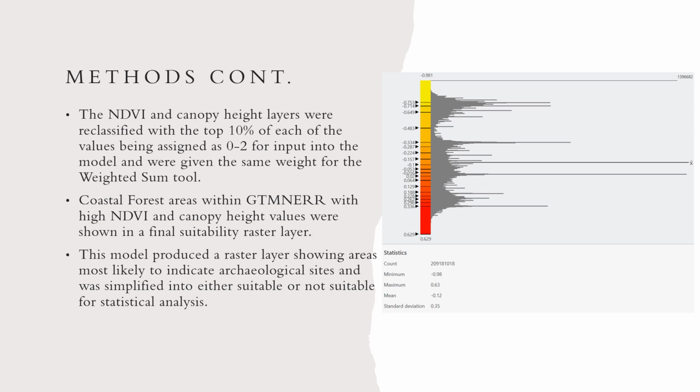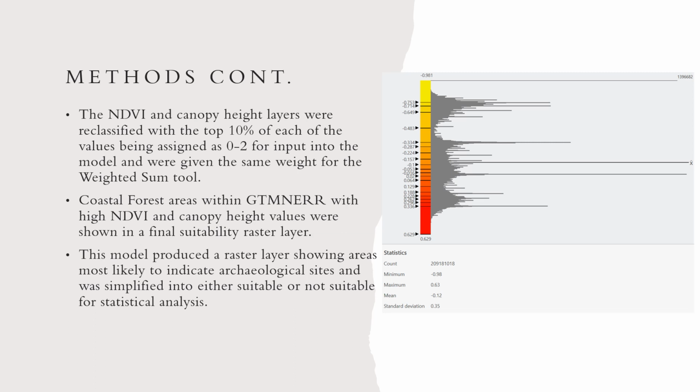So the coastal forested areas within GTM that had both high NDVI and canopy height values were shown in that final suitability raster. So just the highest values from each layer. So this model did produce a raster that showed areas most likely to indicate archaeological sites, and from there I did simplify it down to just showing the areas that were the most suitable versus not suitable at all for